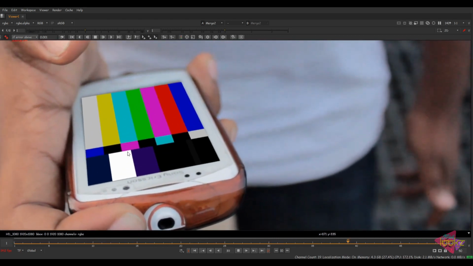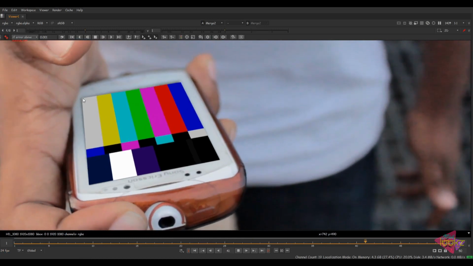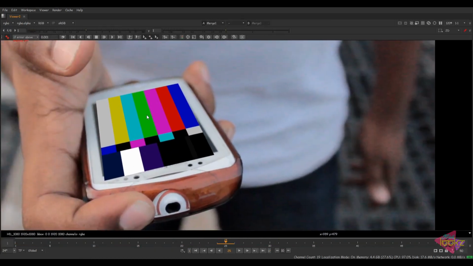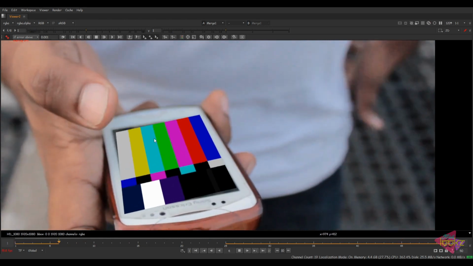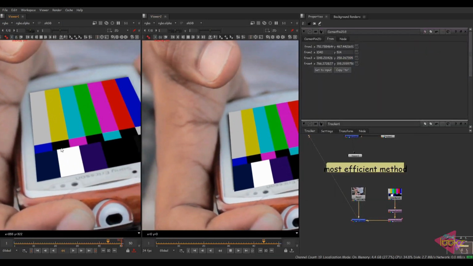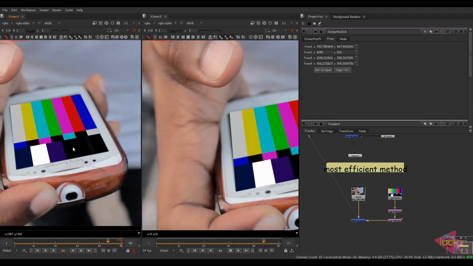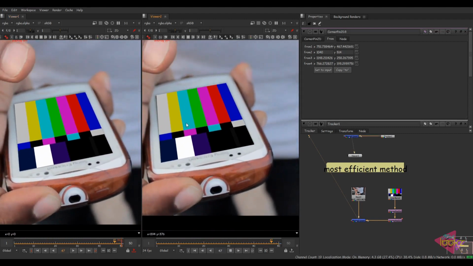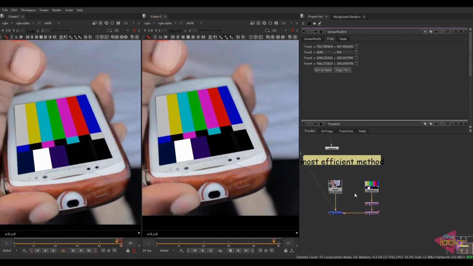Even though there is translate, scale, rotate for the tracker, it will not give an exact result like corner pin can. So you can see there is a lot of difference between both. Whenever you are stuck in such kind of work, make use of the corner pin node for better results. Yes, we can see the difference here.